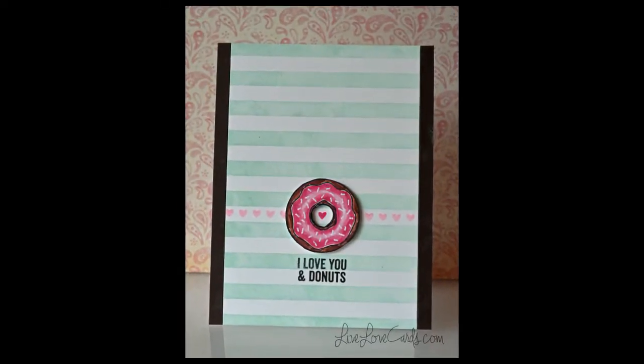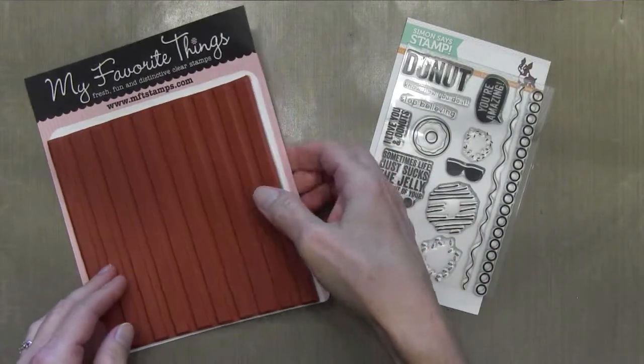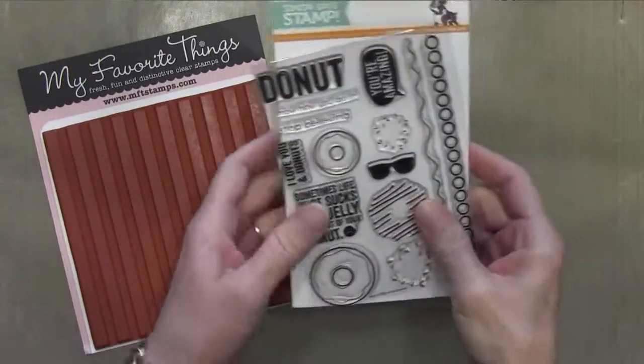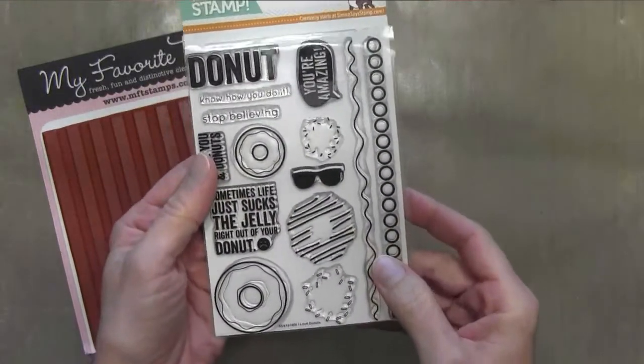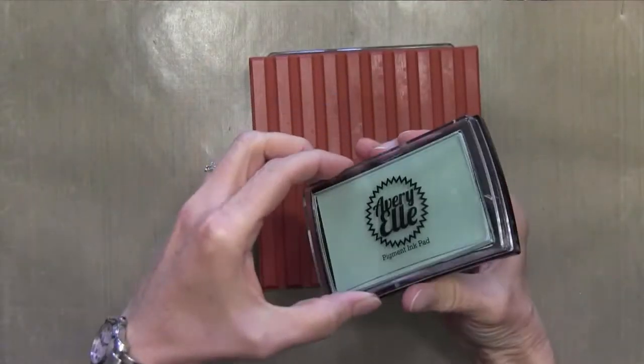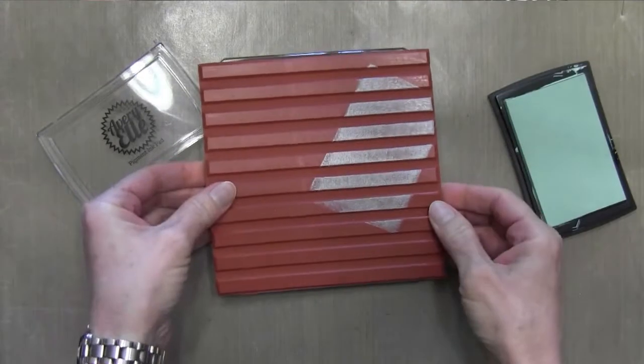Today I've got a really cute donut card, which you can use as a Valentine's Day card if you want. I used the My Favorite Things striped background stamp and the I Love Donuts set by Simon Says Stamp, which has a lot of different donuts and accessories and things like that. It's fun. So I'm going to start off by inking up my My Favorite Things stamp with some Avery Elle